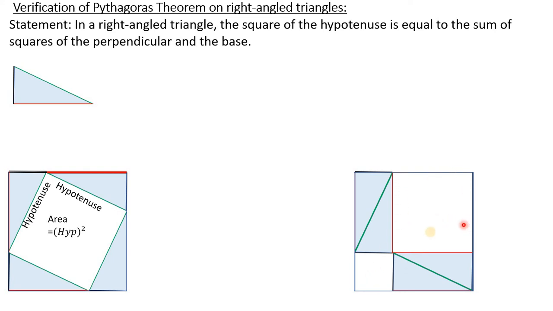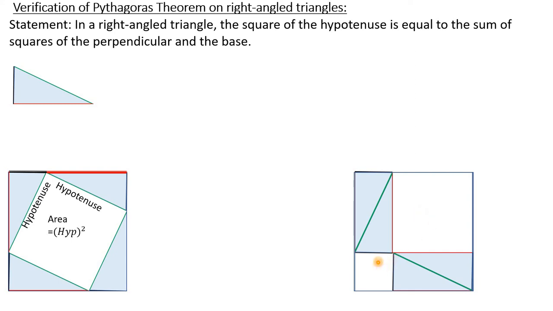and these 2 must be squares again. There is a bigger square and a smaller square. Why should this necessarily be a square? Because if you see, there is a red colored edge of the right angle triangle. It is the base of the triangle. So this side also is red colored, which is the base of the triangle. And you know this is 90 degrees, and in a square opposite sides are parallel. This bigger shape should be a square of side equal to the base of the given right angle triangle. So it is the bigger square.